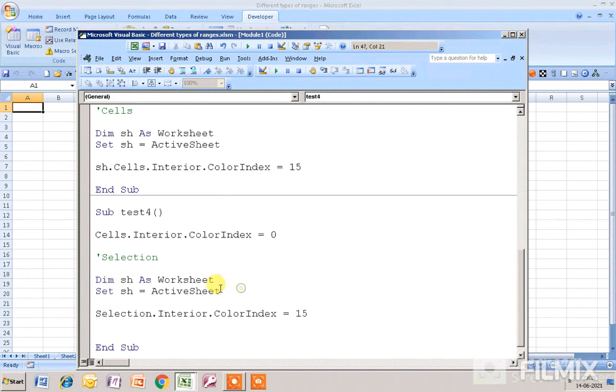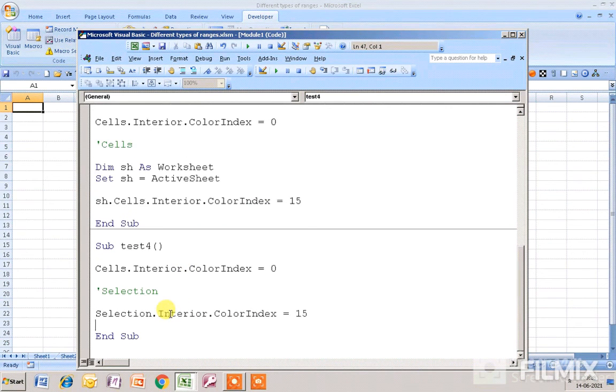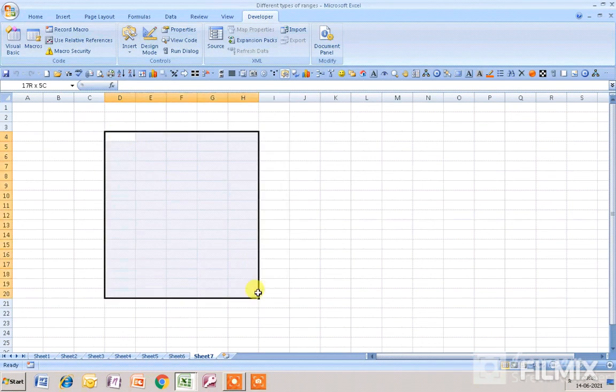If I delete this particular Dim and message as worksheet and set sh as active sheet, it will create no problem. Okay, I delete this. Now if I run the macro, first of all I have to select a range. Suppose I select this range.